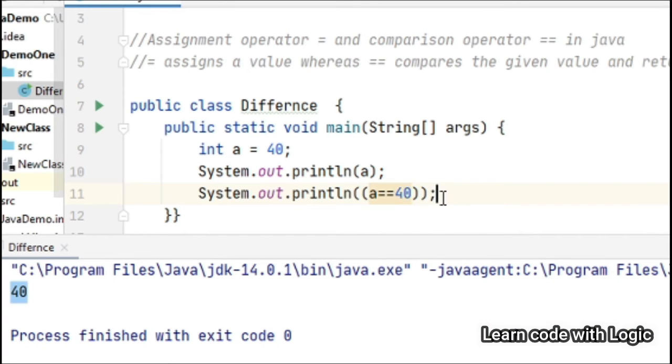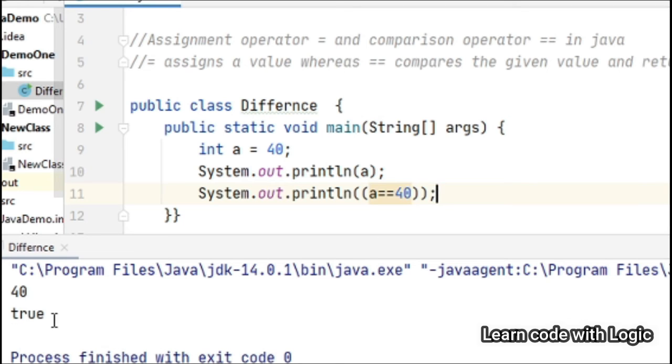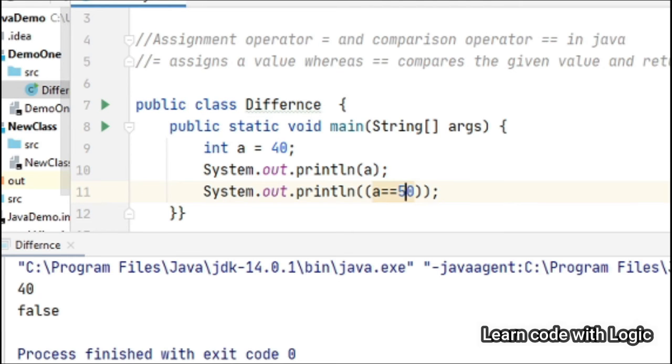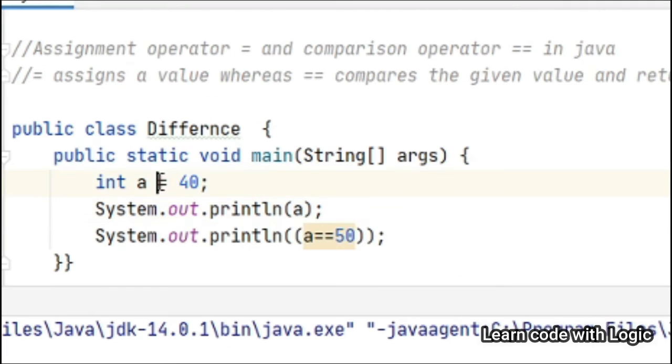When you run the code, you will see a boolean result here, true. Suppose if you change the number, now you can see we got false. The first equals to is the assignment operator and these double equals is the comparison operator.